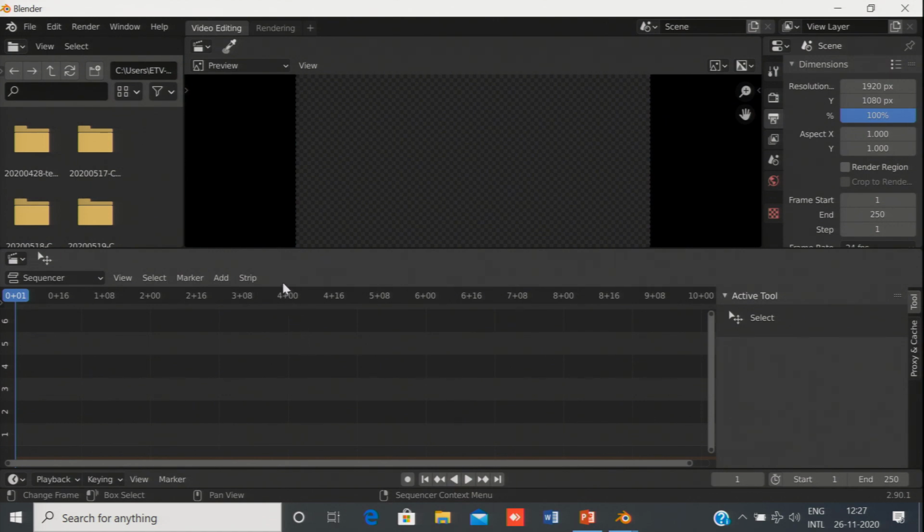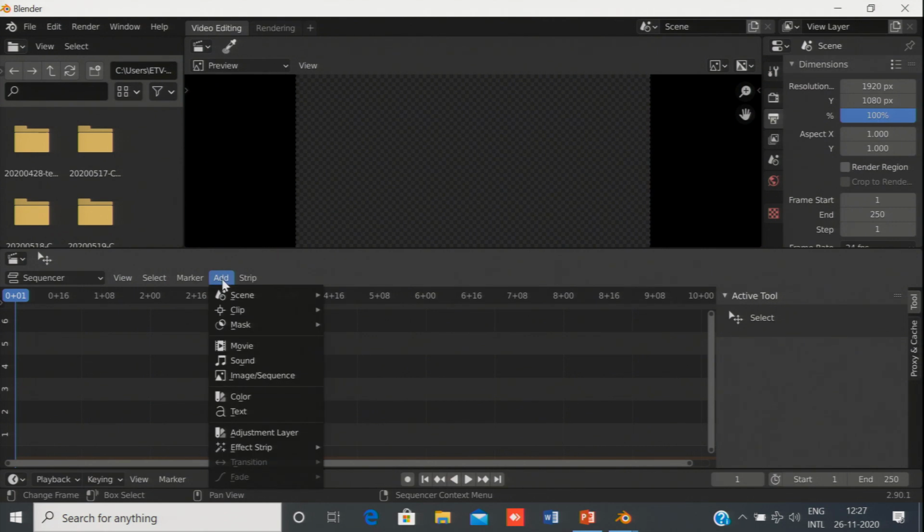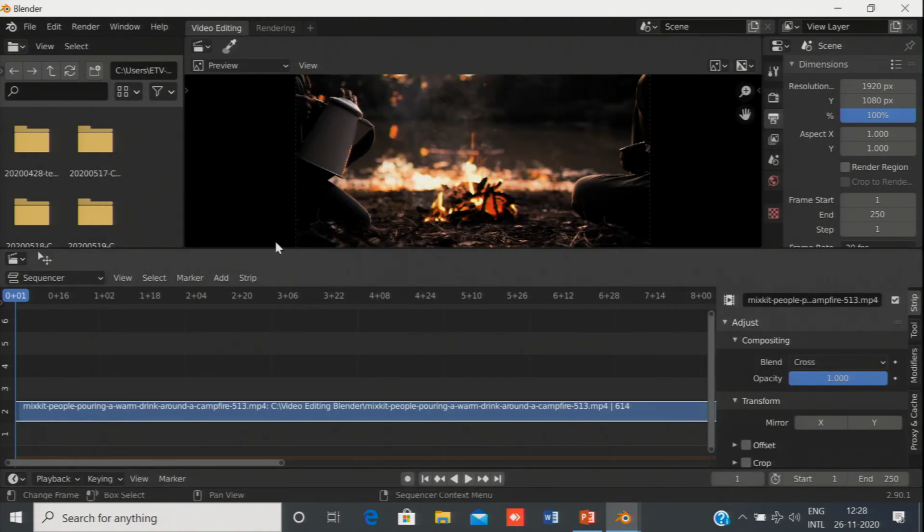Now, to import or to add video or graphics, just go to Add. To add video, click on Movie, and here you can see the list of videos. So, here you can see we have added a video,